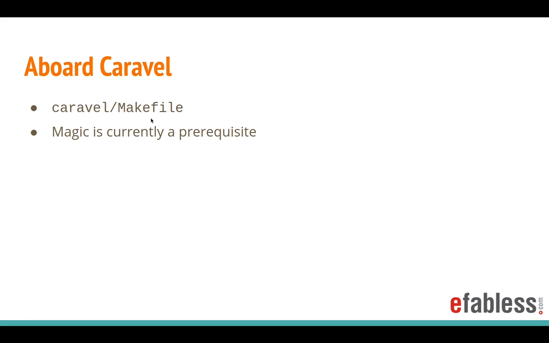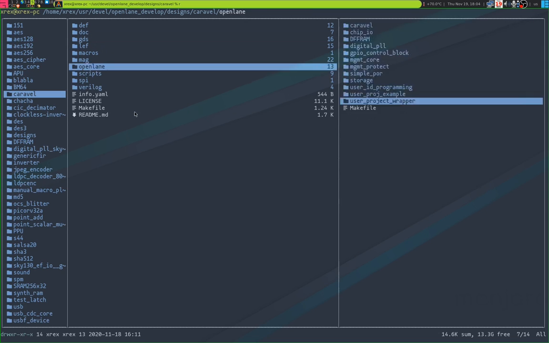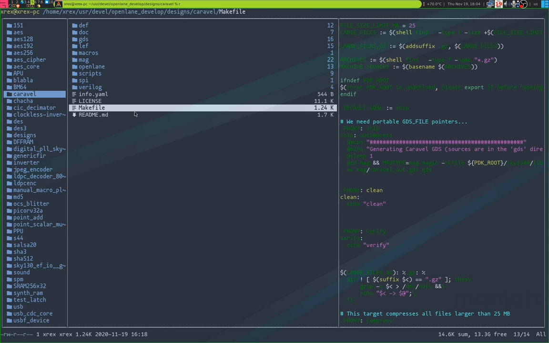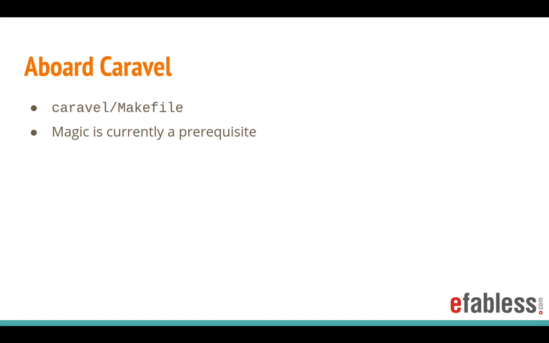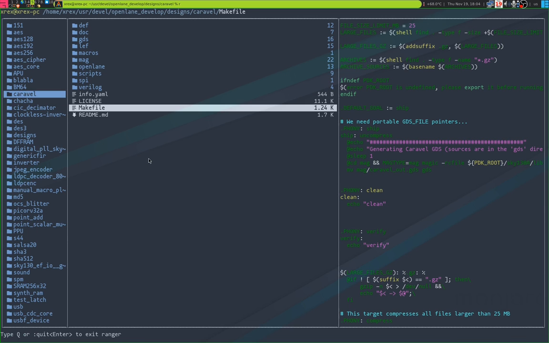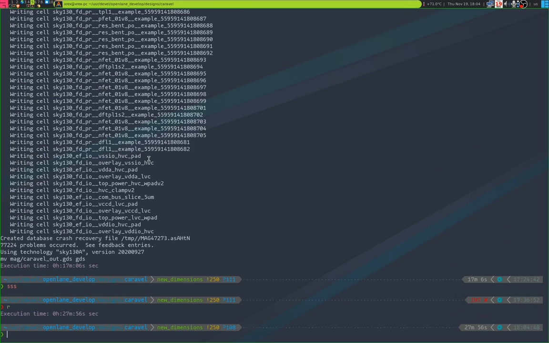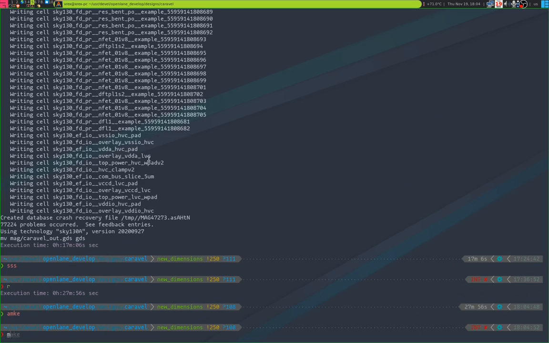The next step is to look at the Caravel root makefile that will be there, and currently Magic is a prerequisite in order to integrate your design onto the Caravel chip, but later we may provide a Docker container that contains Magic and potentially Klayout as another option for streaming out your GDS2. And now all you need to do, in the Caravel root directory, is just run make,